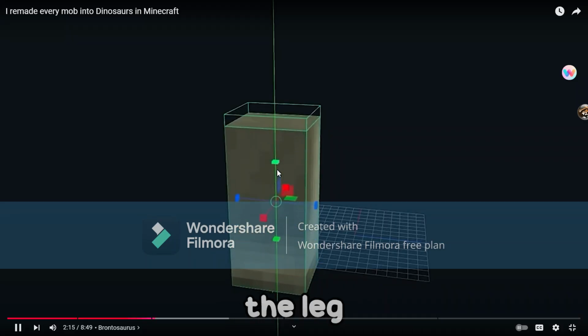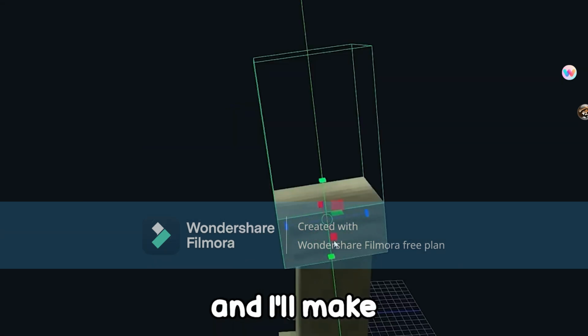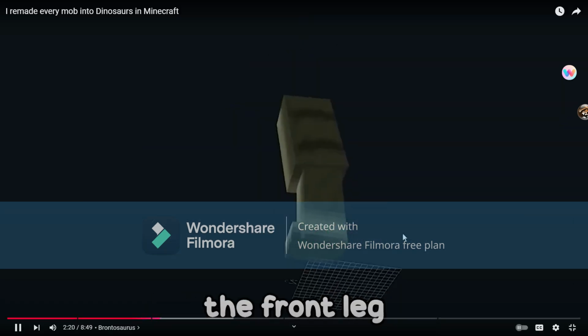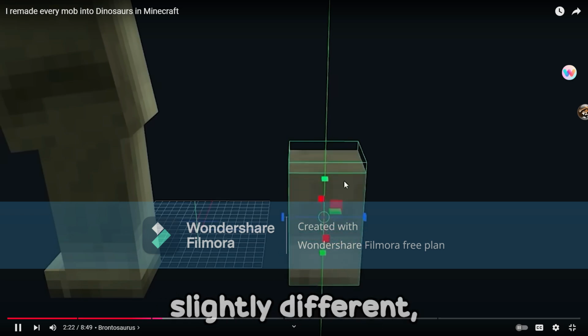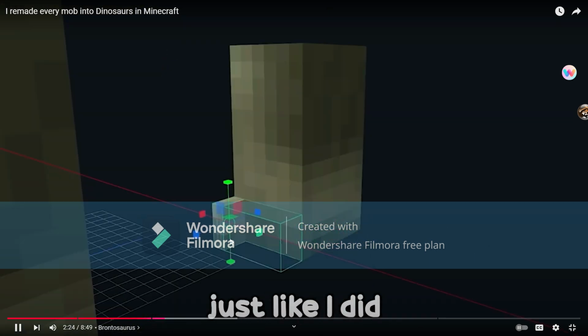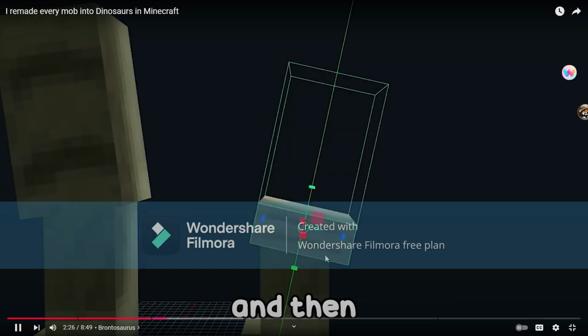So, I start by making the leg of this dinosaur. This will be the toes, and I'll make a larger cube for the rest of the leg. This is how the front leg looks like. The back leg will be slightly different, so I had to make a slightly smaller cube. Just like I did with the front leg, I'll add the toes, and then I'll complete the rest of the